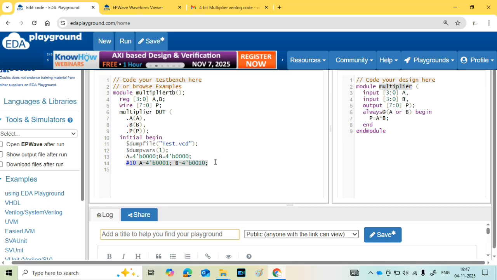Then I copy this statement and paste it twice. After 10 nanoseconds, A changes from 1 to 3. Let me assume A is 3 and B is also 3. After 10 nanoseconds, A is 4 and B is 10. Then after 10 nanoseconds, display the result using the statement